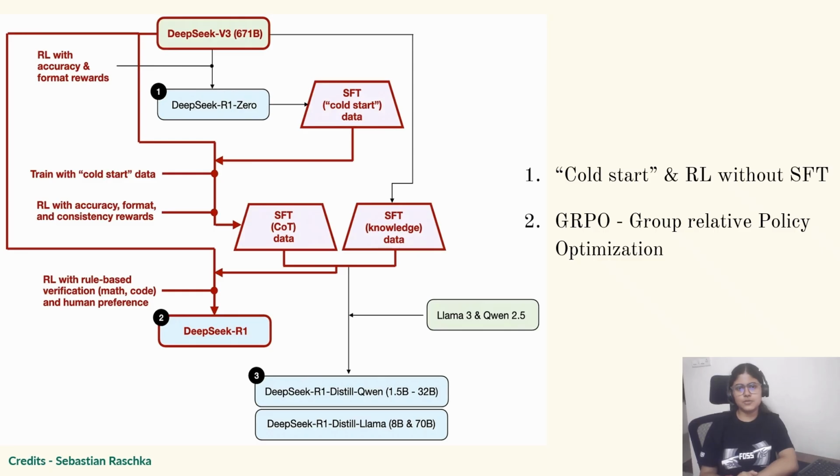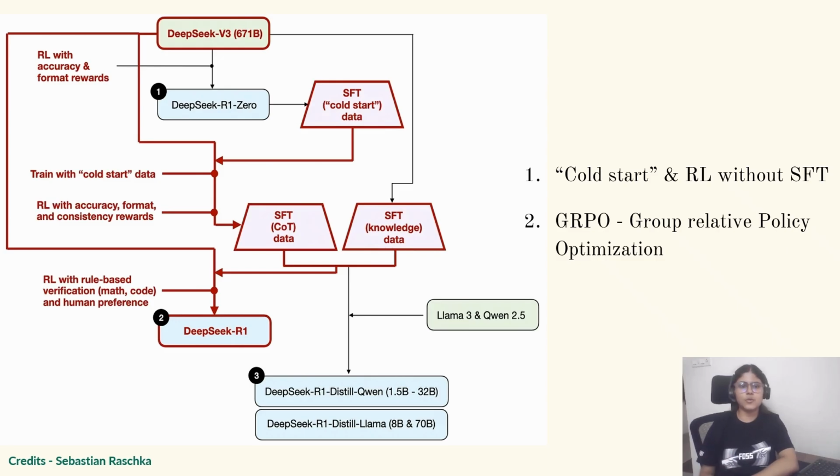This DeepSeek R1 Zero model, they used it to generate the SFT data, or what they call cold start data, because this is not a normal model that they used. They did some prompting and some reward modeling to generate this model, which was not done before. So they did this to generate SFT data, and they generated around 600K samples from it. One thing that DeepSeek R1 Zero suffered from was that it was getting confused. It was not consistent in the generation process, because if you changed languages within your question, it would get confused, and within generation also it was getting confused across multiple languages.